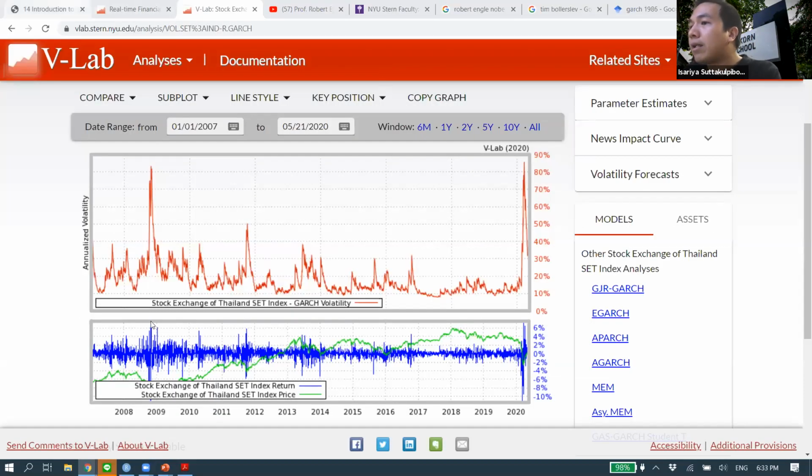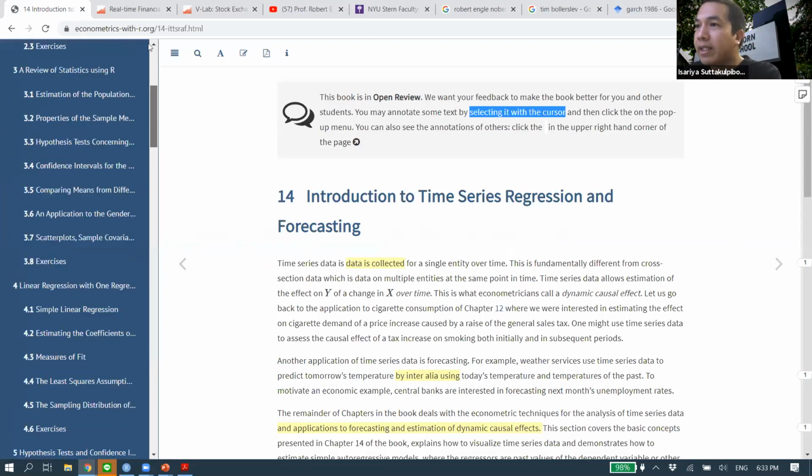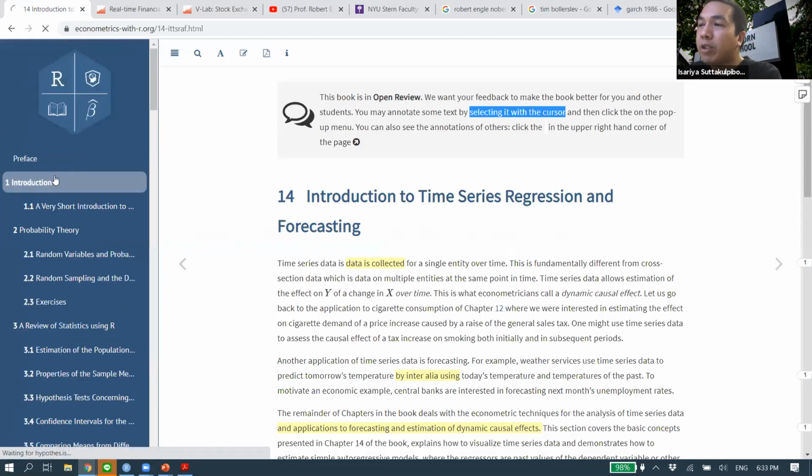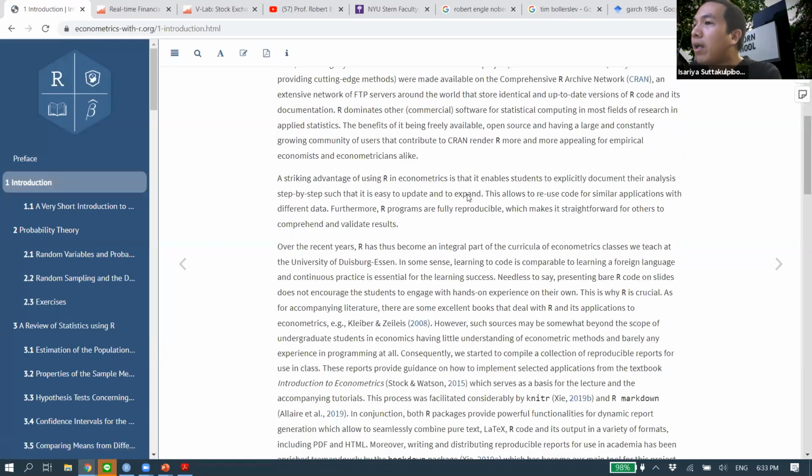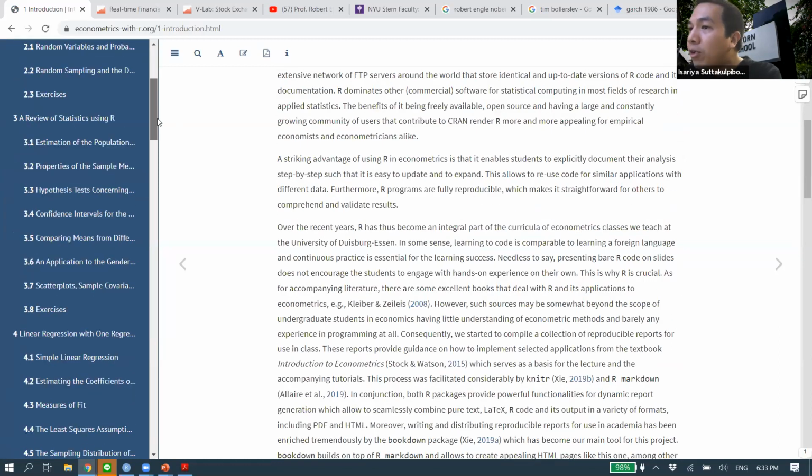Okay, I hope you can see it, right? So yeah, this is Econometrics with R. It's basically an interactive textbook, right? So you can read through it, and if you, for example,